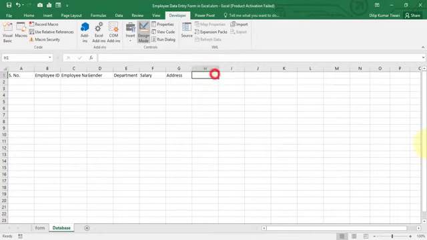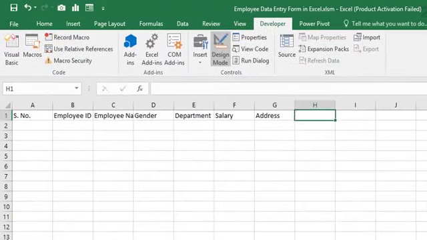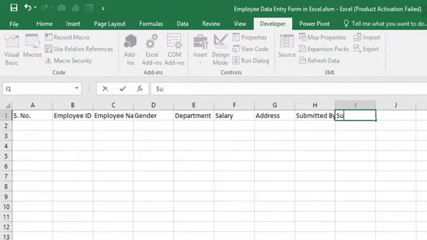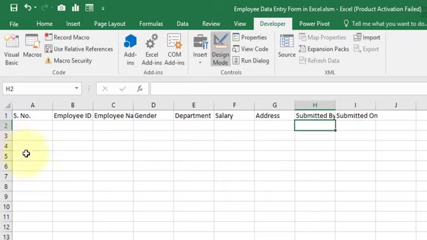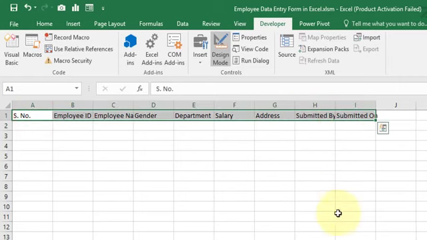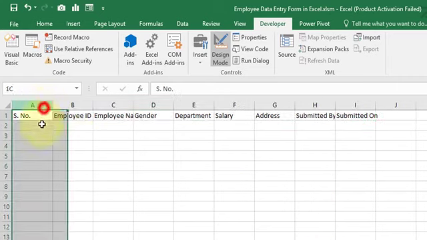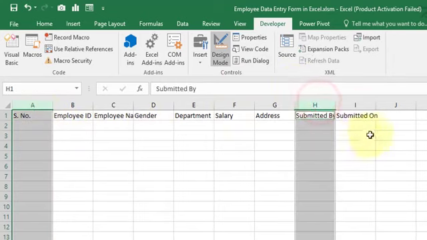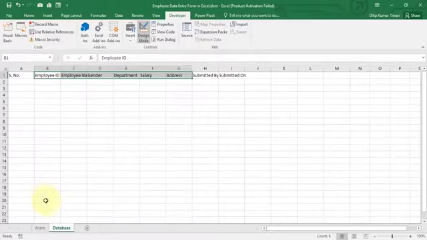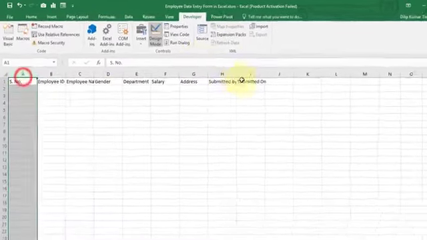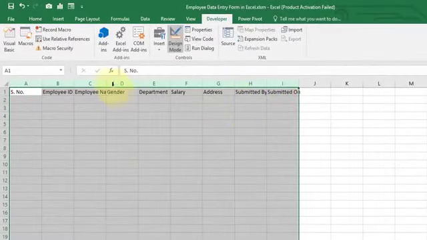So we have a total of 9 columns which we are going to utilize. 3 are auto generated, that is serial number, submitted by, and submitted on, and the rest of the 6 are coming from this form, right? So let's make the column size a little bit larger